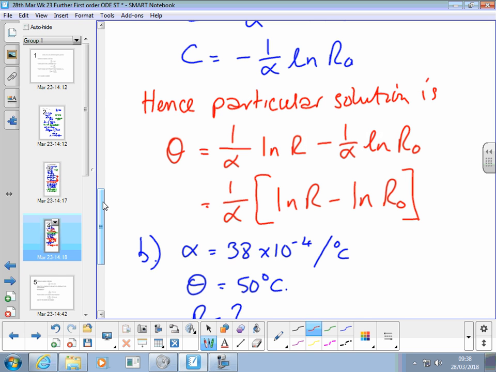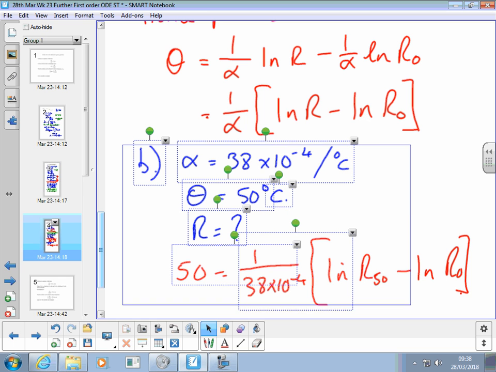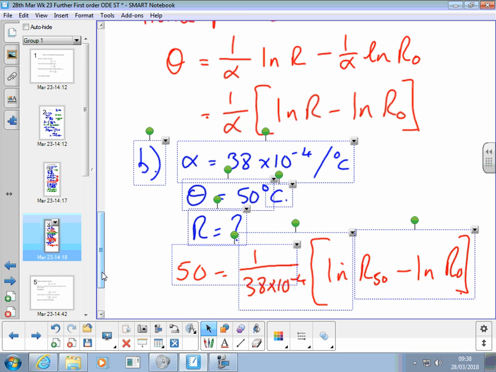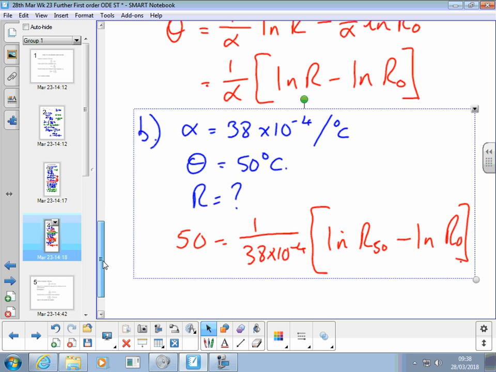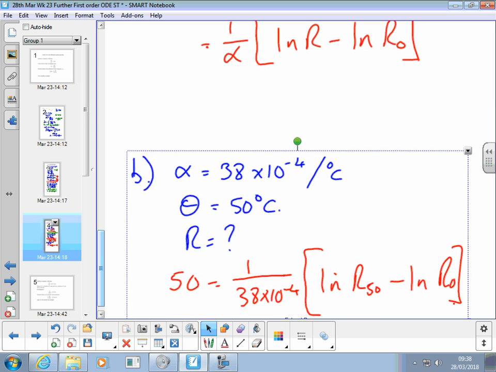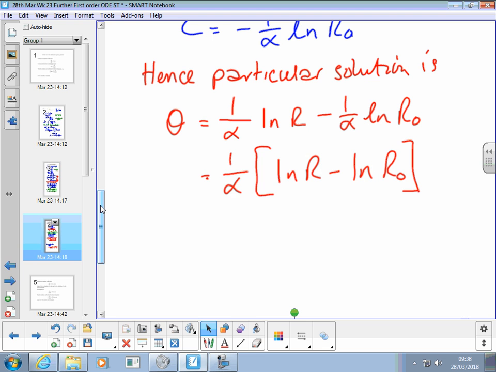You've got that book, have a look. You don't remember the laws of logarithms? So we can write this as